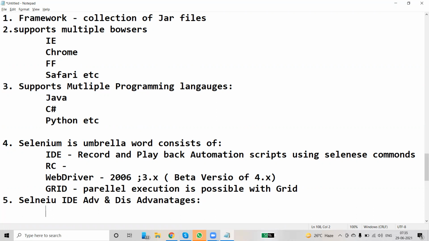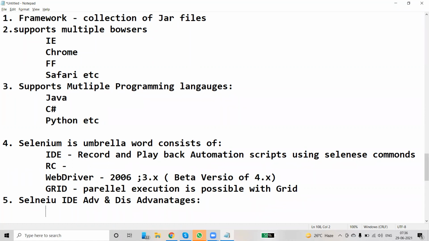We can perform looping and conditional operations, and it also supports data-driven testing. Selenium 3.0 is a much more stable API, and a lot of support is available in online forums. Execution is much faster than Selenium IDE. These are the advantages of Selenium WebDriver.